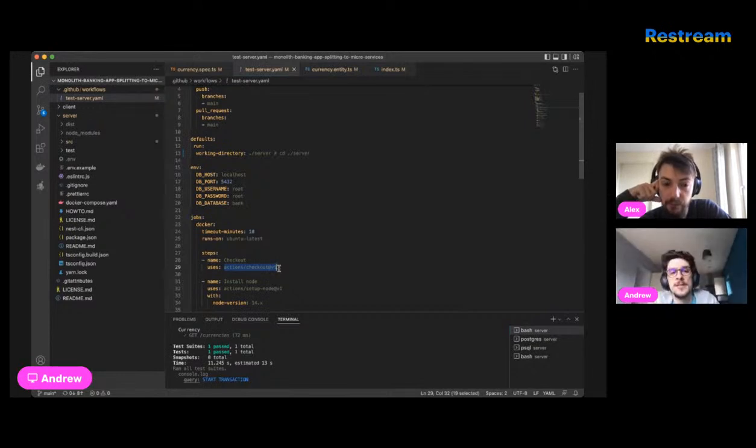So we have a public marketplace, which GitHub provides as a first starting point, and they also provide, for example, this section by themselves. They created this checkout action themselves because this is the most popular thing to do. First of all, we need to check out our repo to our CI/CD and then start doing something on that.